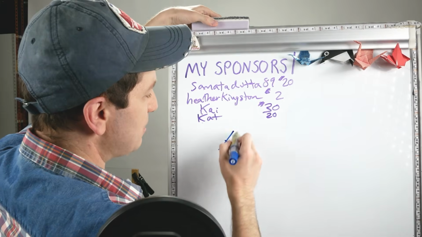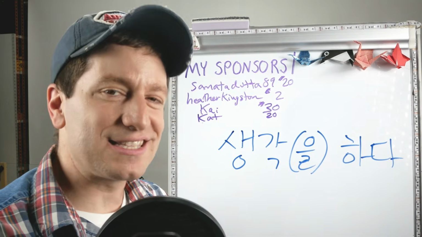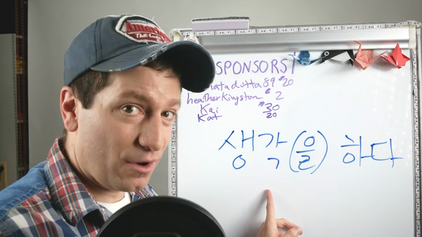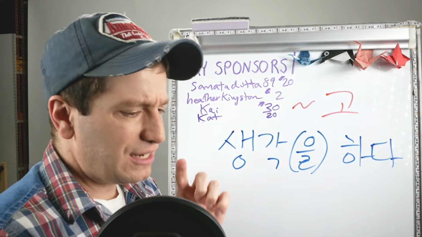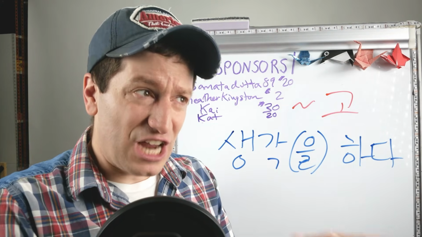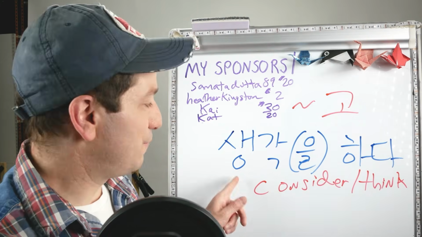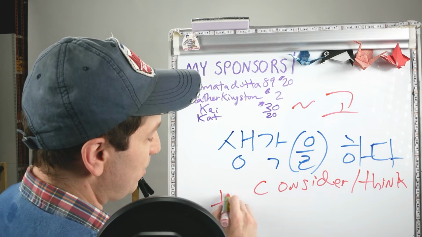Let's first talk about 생각하다, because we have to talk about this in order to talk about 보다, or else you'll think it's the same thing, because 보다 is very different. You can take any plain quoting form, and then you attach the verb 생각하다, which means to think. But it doesn't just mean to think in general. This one is more like "consider," because this verb is used for expressing your thoughts and your opinions.